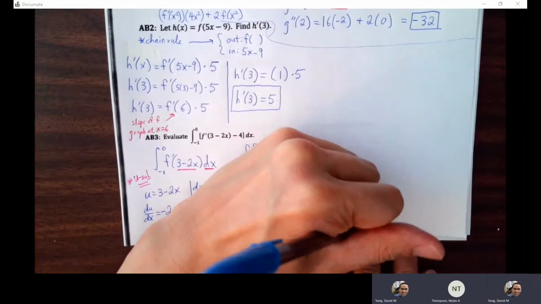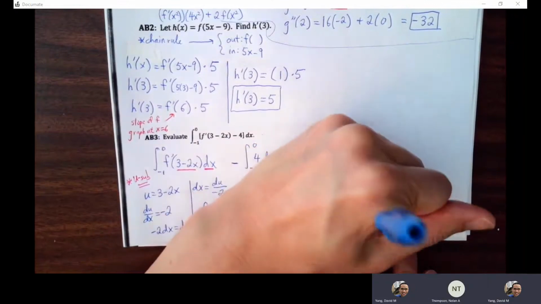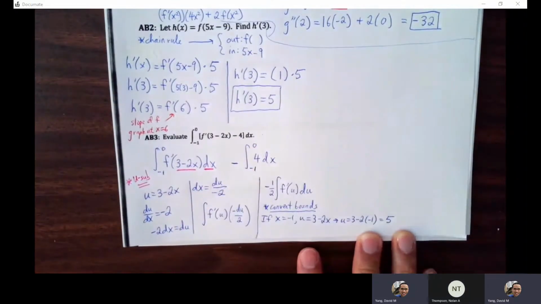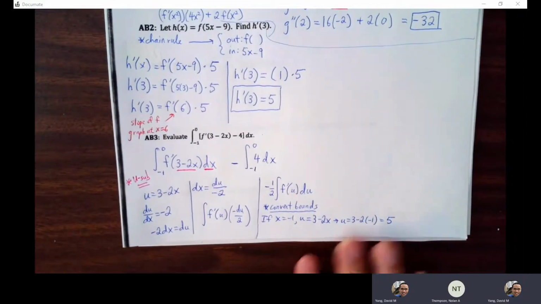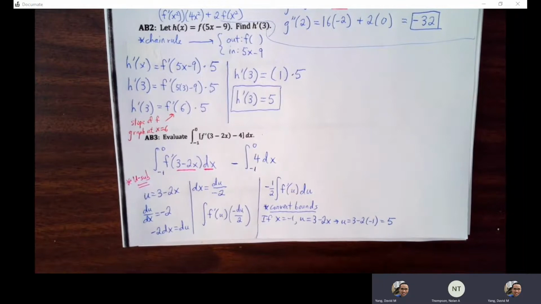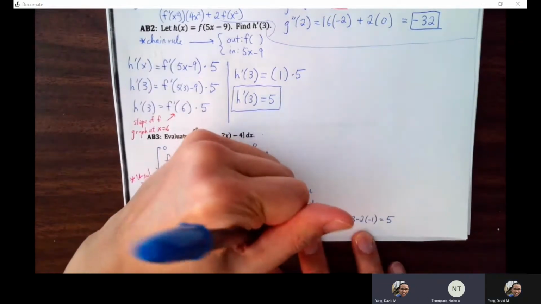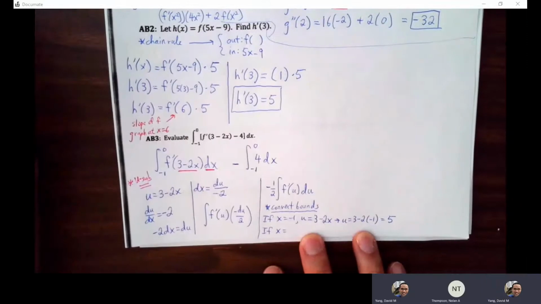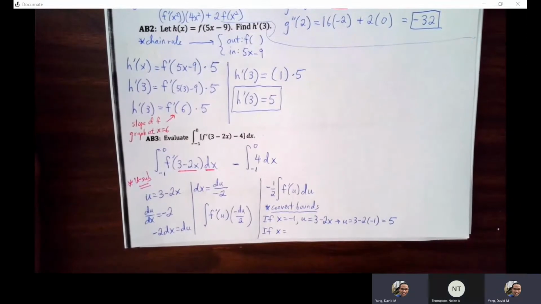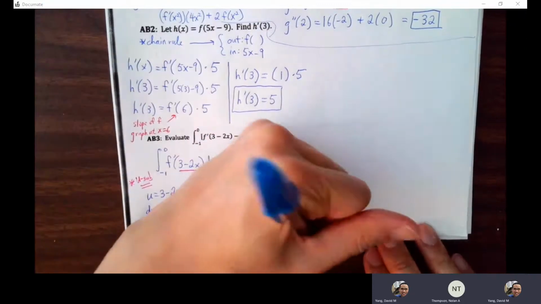Three minus 2 times -1, which is 3 minus... is that right? Oh, yeah, it was 5. Right. Okay, yeah, that's right. If x equals 0, 0,